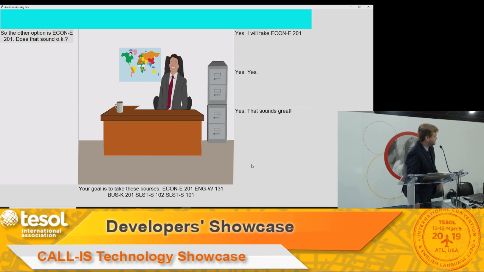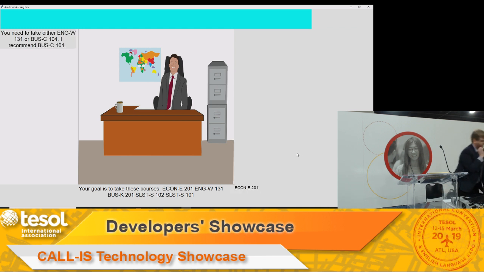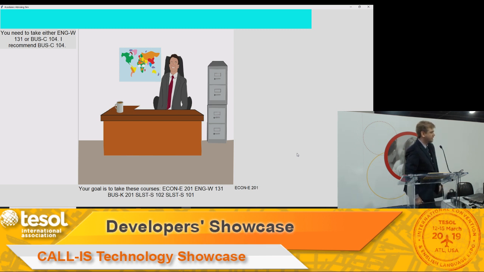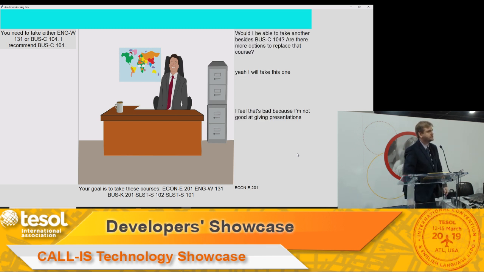So then here the participant has the option to choose another class. Okay. And then the participant will go through this and choose the remaining points of the schedule. And then at the end they'll be informed whether or not they have successfully chosen the schedule that they have identified that they want to take. So that is the main feedback component, and I'll come back for a moment to the PowerPoint.